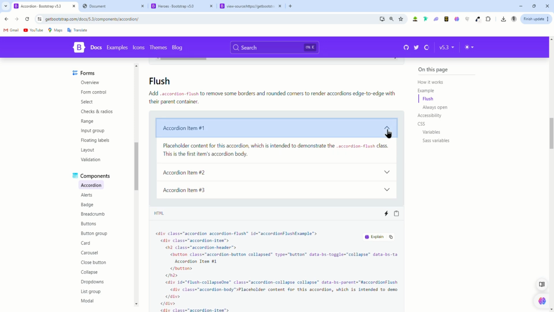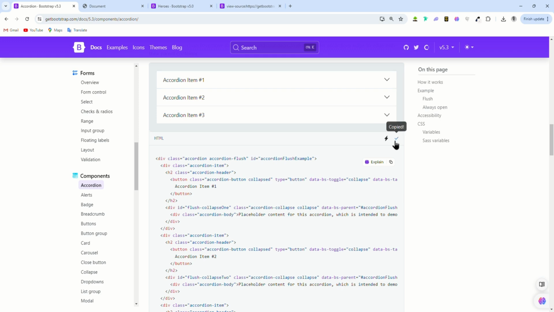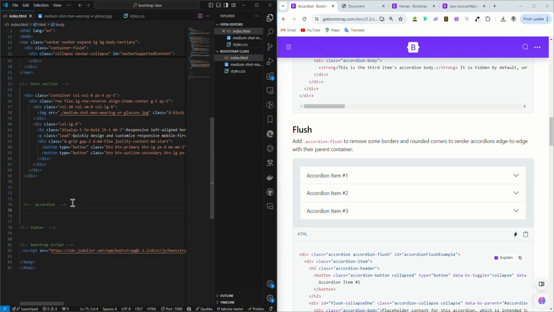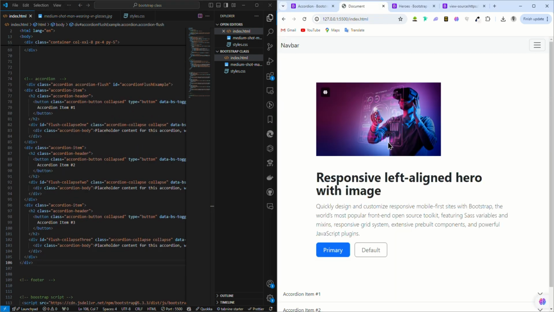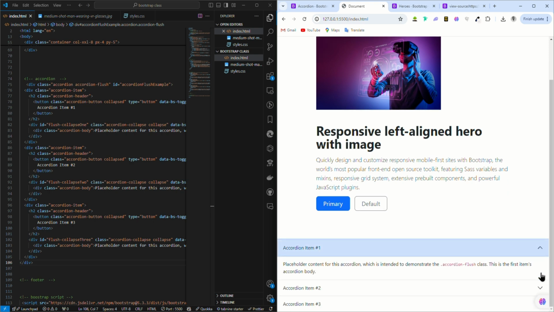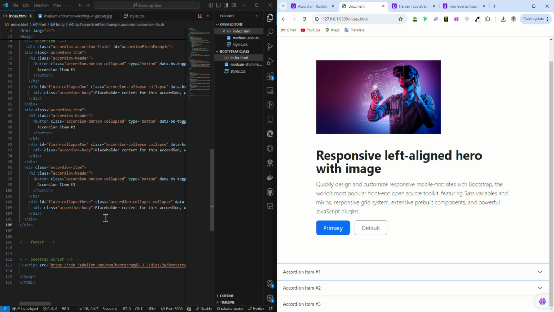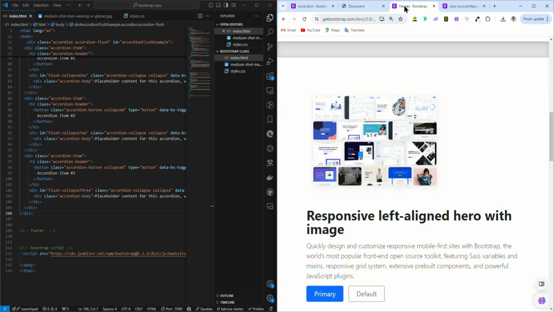So this is it. So to copy, I'll just copy it, go to my website, then paste here. Check the website. We have our accordion here, and it's working fine. So the next thing we want to do is to add a footer. For us to add a footer,